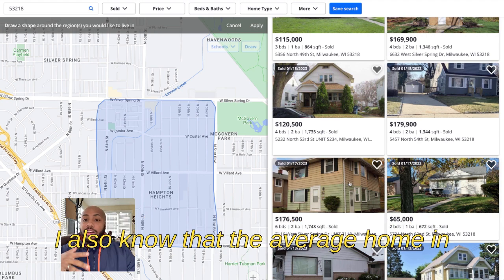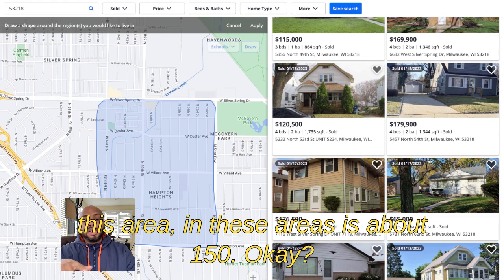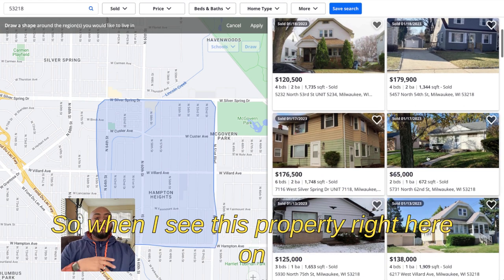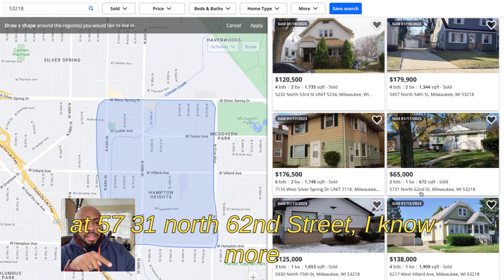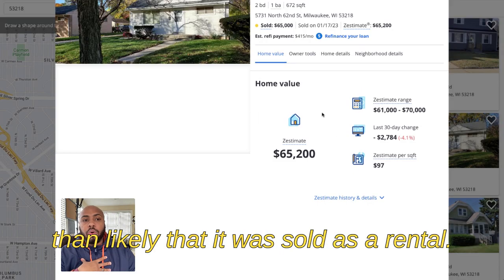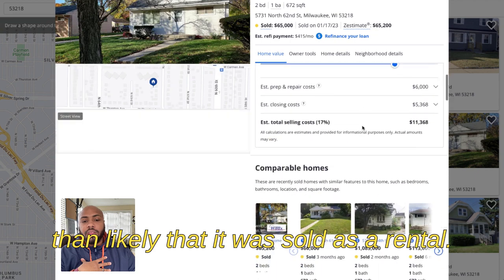I also know that the average home in these areas is about 150. So when I see this property right here at 5731 North 62nd Street, I know more than likely that it was sold as a rental.